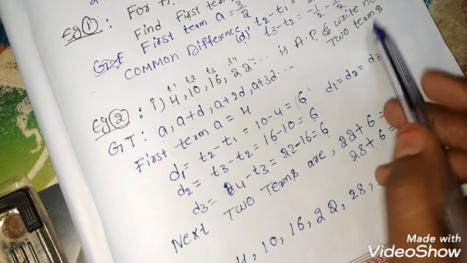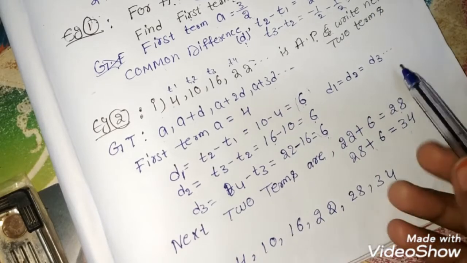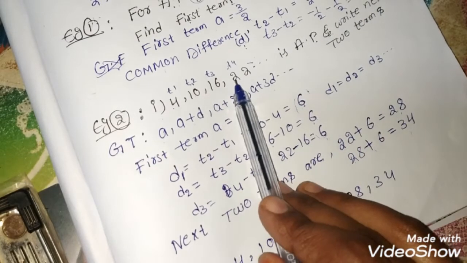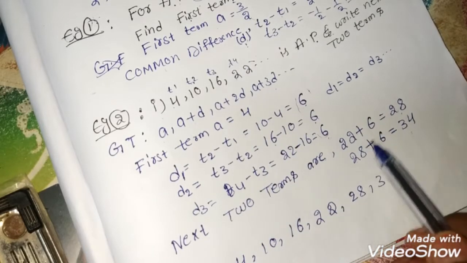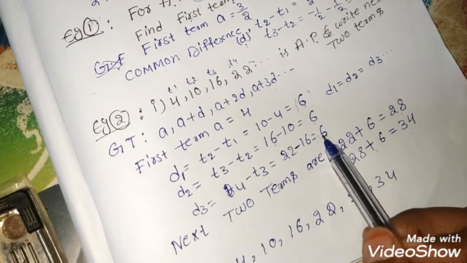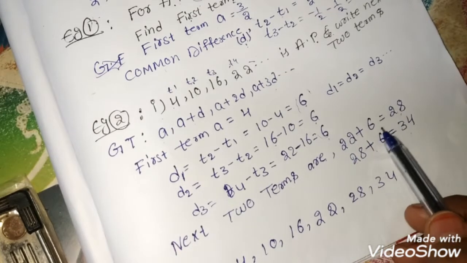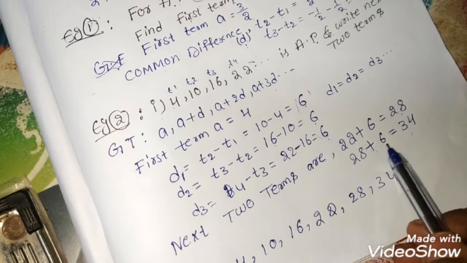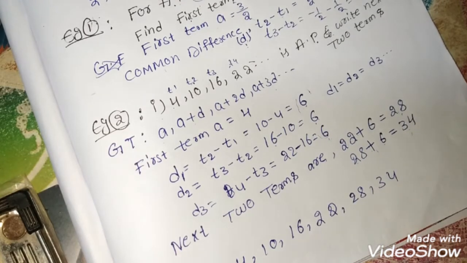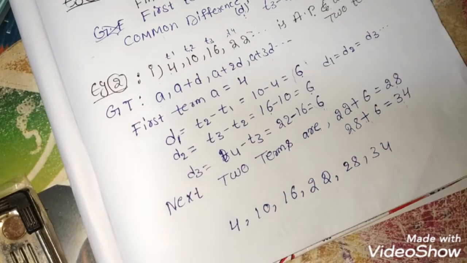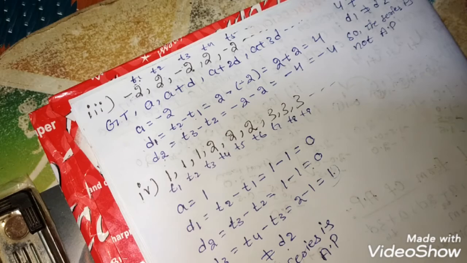Okay, and what did they ask next? Write the next two terms. The next two terms are, so what is the preceding term? That is 22. Preceding term is 22. 22 plus what? We have to add the constant term, that is 6. 22 plus 6 is equal to 28. And next we take 28 plus again the constant term. Then we get 34. The next two terms are 28 and 34. Understand? What is the series here? 4, 10, 16, 22, 28, 34. Understand? Let's take the second question.